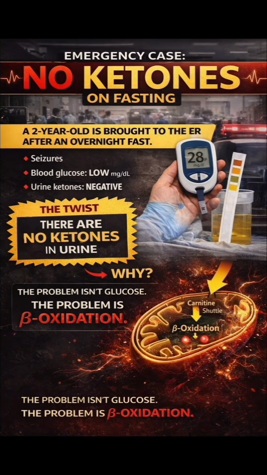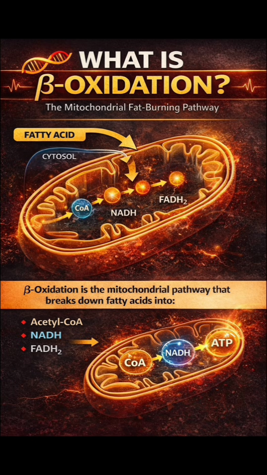A 2-year-old child is brought to the emergency after an overnight fast with seizures and blood glucose is 28 milligrams per deciliter. But here's the twist, there are no ketones in urine. Why? The problem isn't glucose. The problem is beta-oxidation. Beta-oxidation is the mitochondrial pathway that breaks down fatty acids into acetyl-CoA along with NADH and